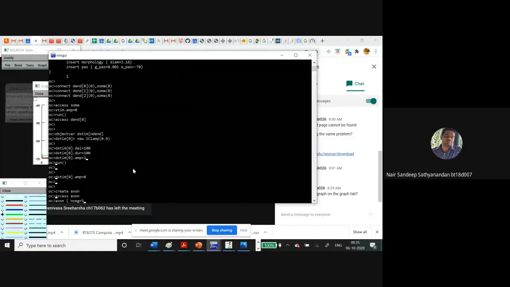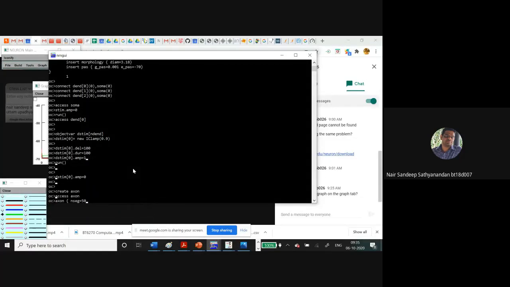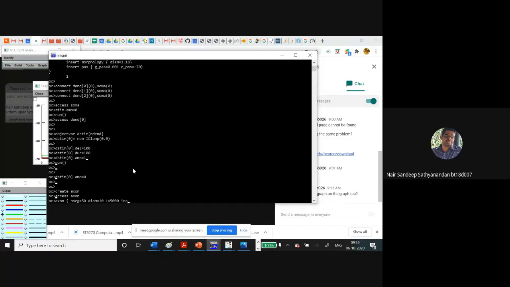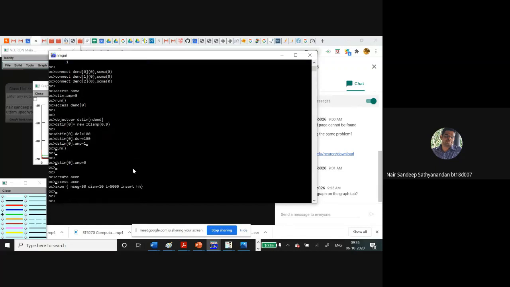Okay, axon also is quite long. In fact, it is very long. So we will give it a number of segments, 50, so that we can easily manage it. Let's keep the diameter. Now we have to connect it.